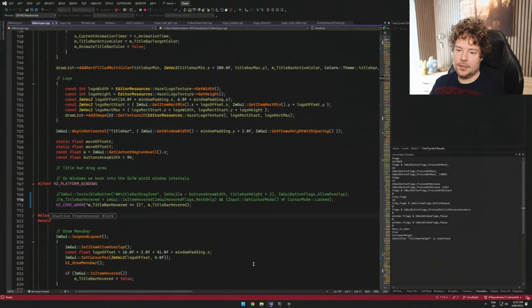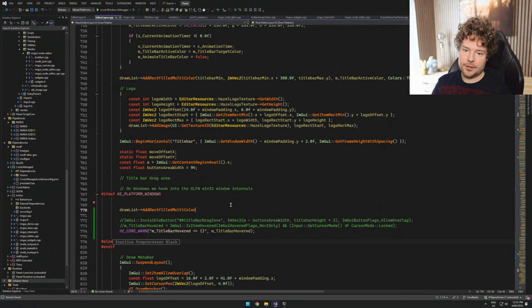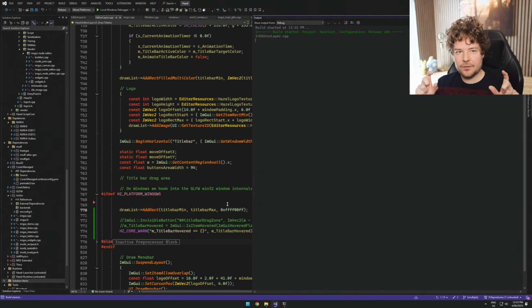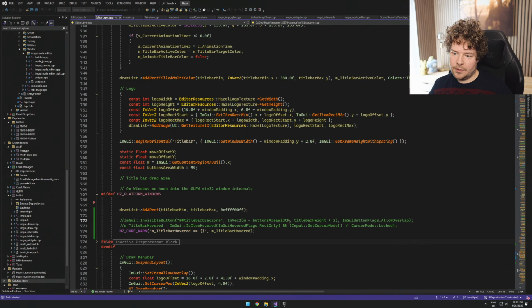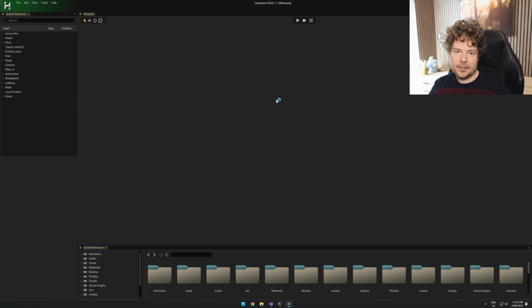Good. Okay, so we have title bar min and title bar max, right? So I want to basically draw a debug rectangle. This is how we're gonna play this. So for now, maybe we can just do add rect. We'll do title bar min, title bar max, color pink, and that's all I care about. So I'm just gonna define it, because it's not gonna be title bar min and max, but we've got width and height, but we'll use min and max, probably. We'll just see if that gives us our